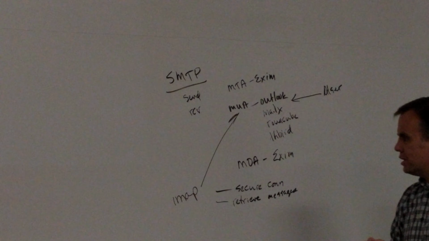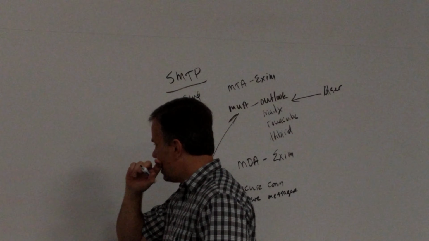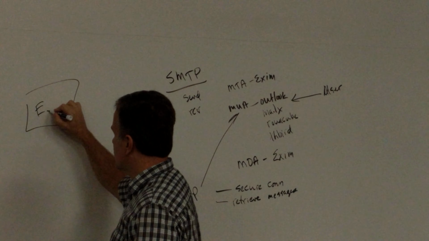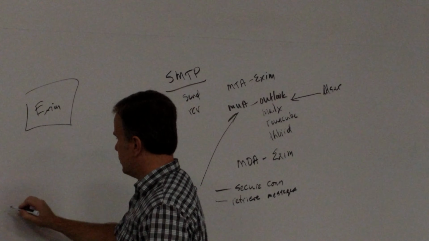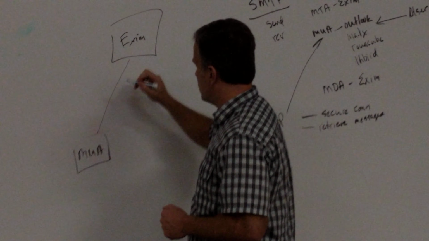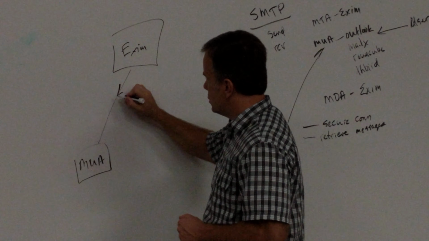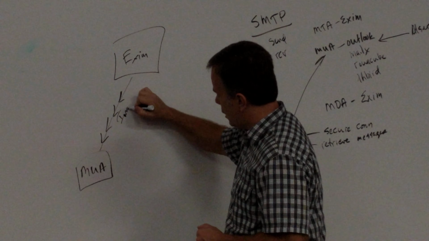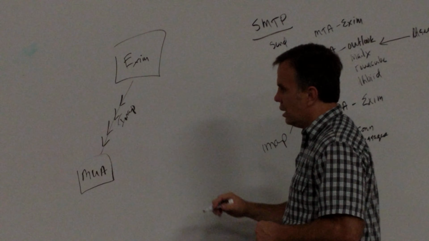And so I think in our slides at one point, we had something like Exim here, and then we had our mail user agent here, and I'll just draw arrows going this way, we're going to use IMAP to get those messages, and then when I send